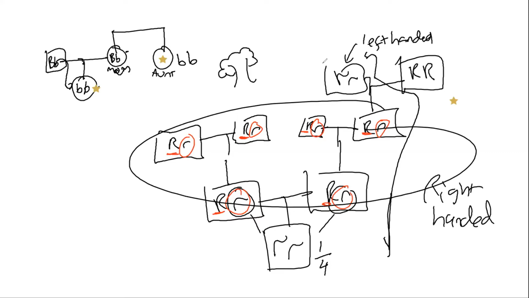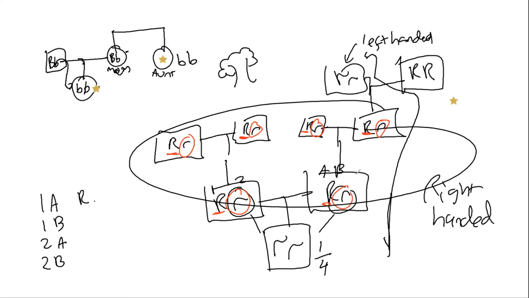Mm-hmm. And the second question is, what's the 1/4 thing? I still don't understand that 1/4 thing. Oh, okay. The reason I said that it's 1/4 down here is because, let's just say this is your father and this is your mother, right? Then that would mean that there are 4 combinations. Either your father could give 1 or 2, or your mother could give A or B. So therefore, there are 4 combinations: 1A, 1B, 2A, 2B,